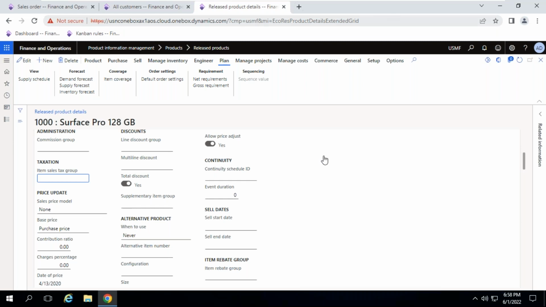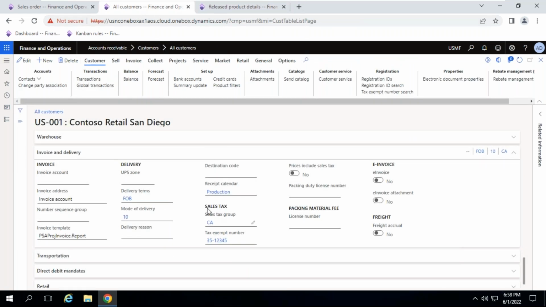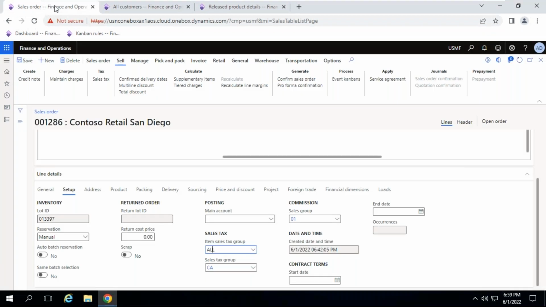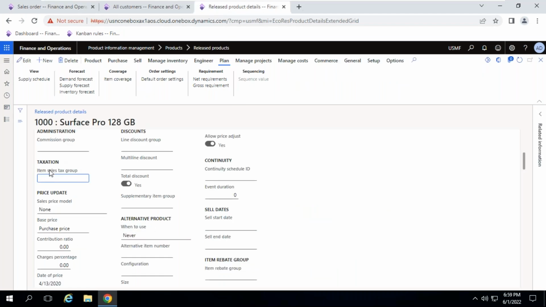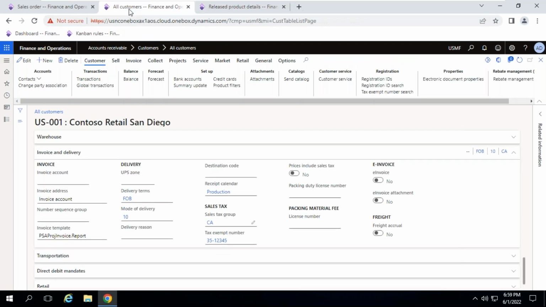Yes, yes. Okay, fine. So now in the item master, you are mapping the item sales tax group. In the customer, you are mapping the sales tax group. Then whenever you are doing a sales order, automatically from the customer you are selecting, at that time the sales tax group will be populated. For the item master, whatever item sales tax group was mapped, that will be populated here automatically,